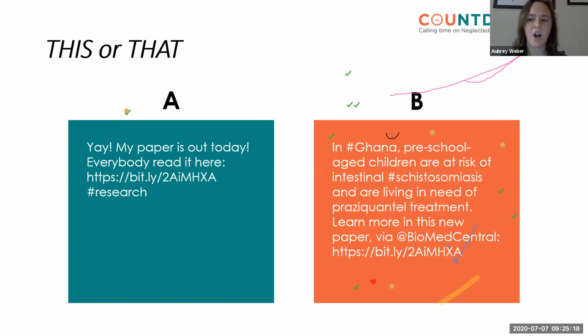Tweet A here offers no information about the paper topic or where it's published. It could literally be about anything, and is a bit on the casual side. Tweet B, on the other hand, offers a specific fact from the paper that it's talking about up front so the reader knows exactly what to expect, with the addition of a little teaser to entice the reader to want to learn more. Tweet B also uses specific hashtags, like I just mentioned, that are important to the paper's topic, and tags BioMed Central directly, the source of the article. Hopefully that answered your question about hashtags, but we will be going through some more tweets as we move forward.